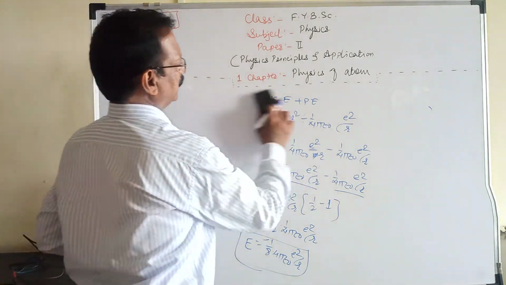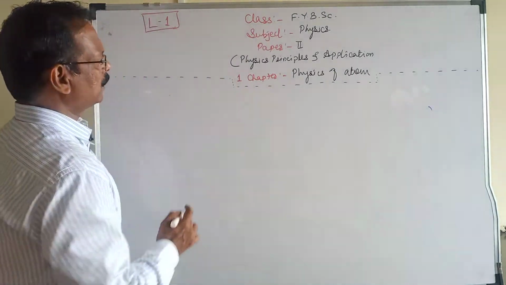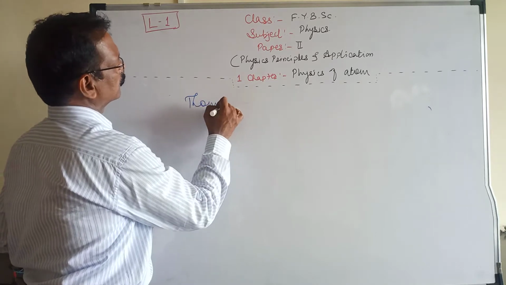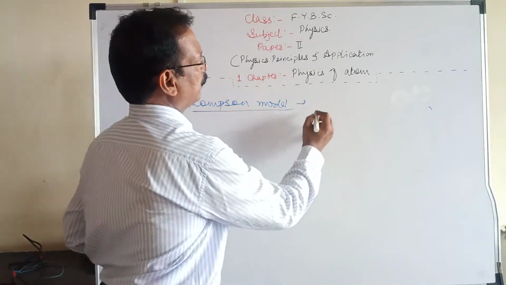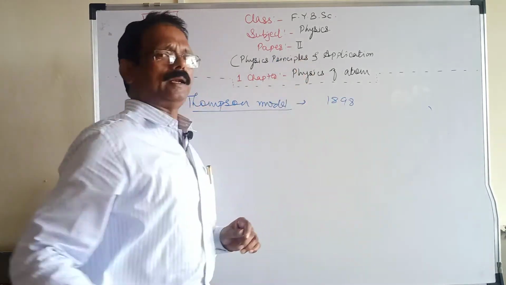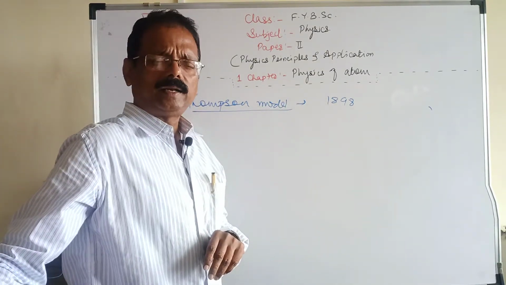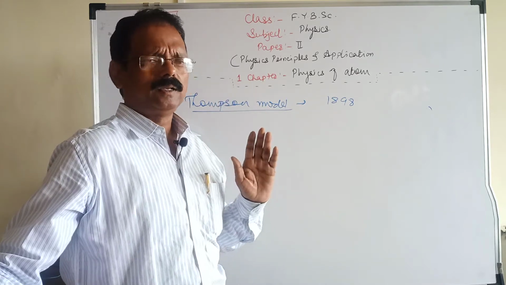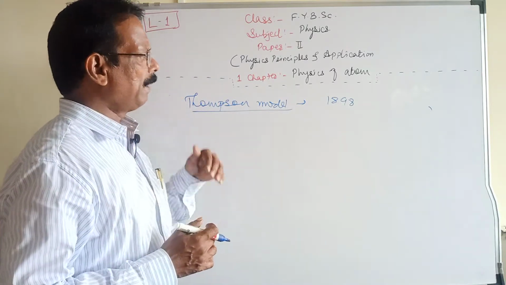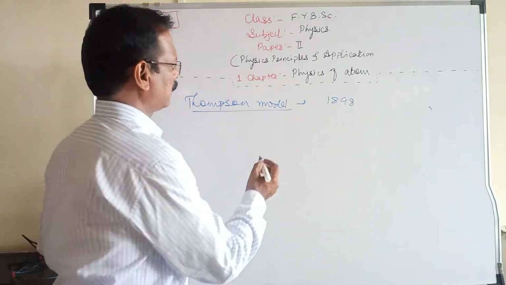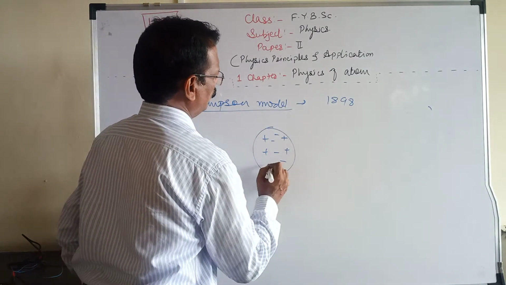Next we have to see the revolution of the atom, the evolution of the atomic model. There is the Thomson model. Remember, this model was developed in 1898, at a very early stage. He found that positively charged matter is spread through the atom, and to balance the positive charge, electrons are embedded in it, so it is positive, negative, positive, negative throughout.